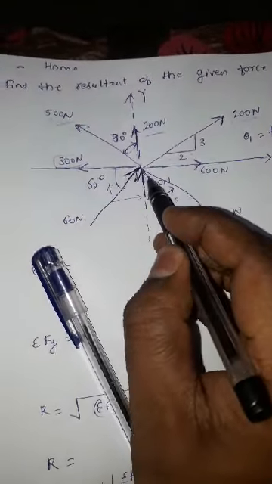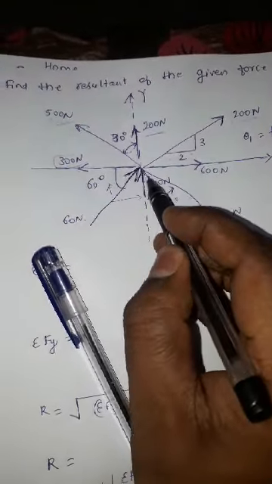Now this is a 60 Newton force. You can see here it is acting like this, so I am resolving this force. It is making an angle of 60 with the horizontal. So I am resolving this force into these two components. One is resolved like this, another will resolve like this. The angle is with the horizontal, so it will become 60 cos of 60, and the vertical will become 60 sin of 60. Okay, now there is a vertical force of 500 Newton acting vertically upwards, so we don't need to resolve it.